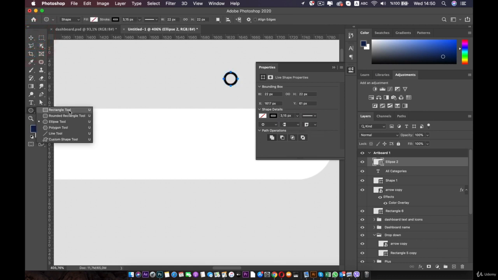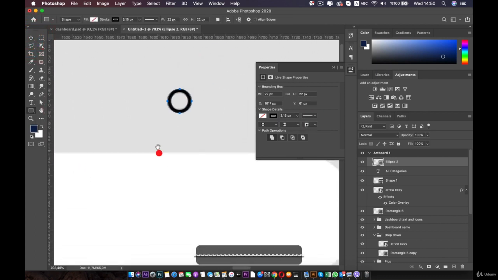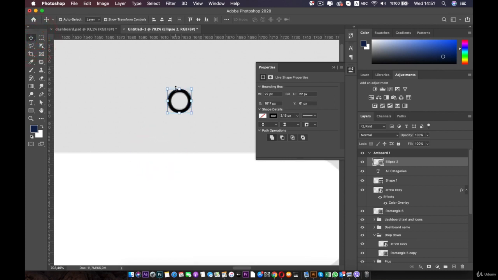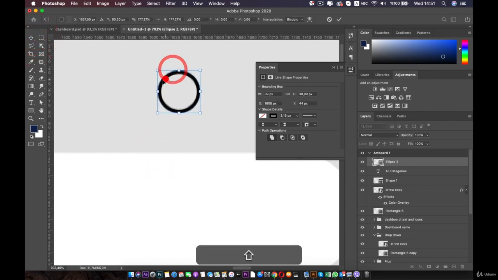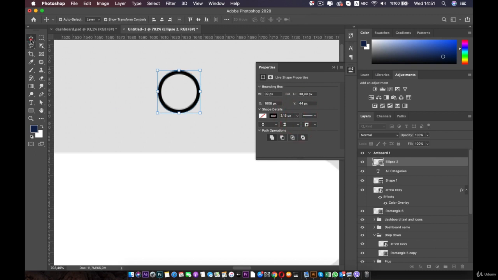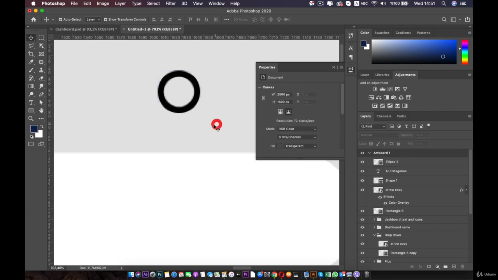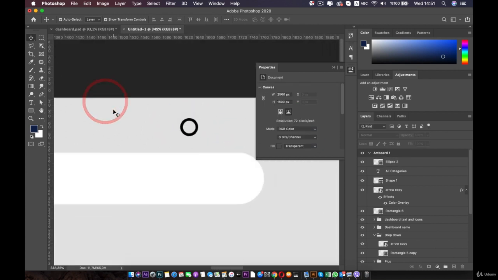Now we'll use the rectangle tool to make the hand for this search icon. But before we do that, I want to scale this circle and increase the size of the stroke. Make it 6 or 5 is good. Now go to the rectangle tool